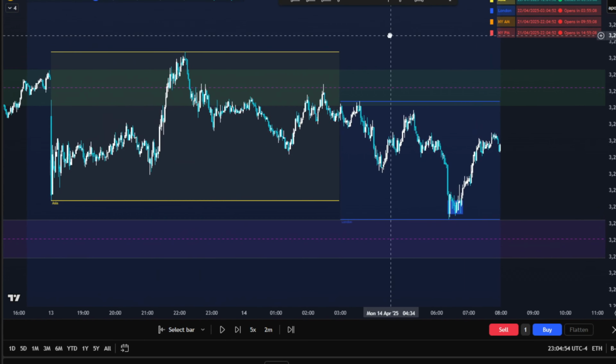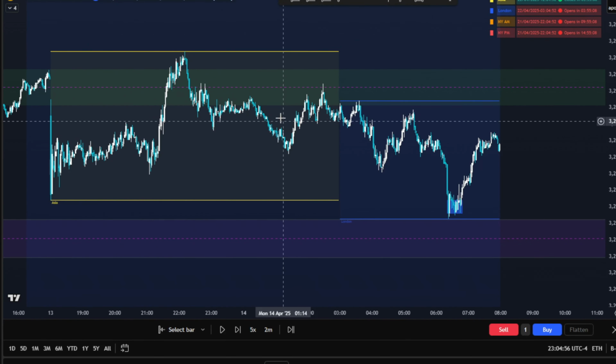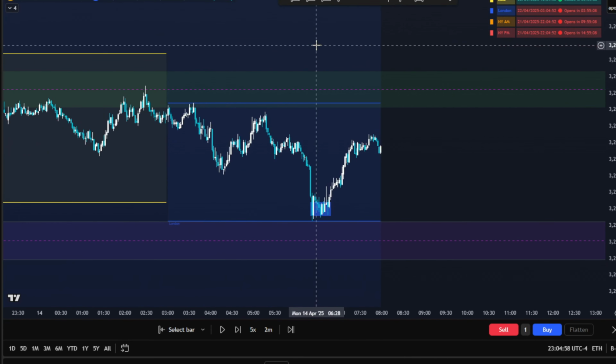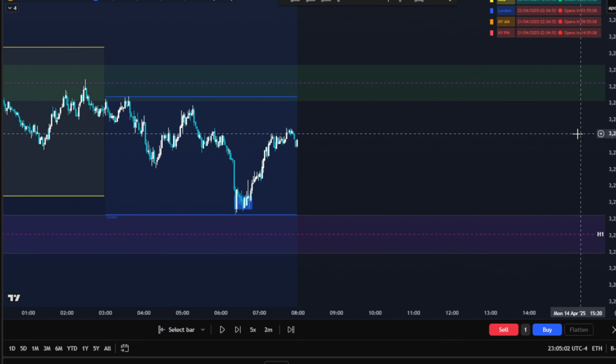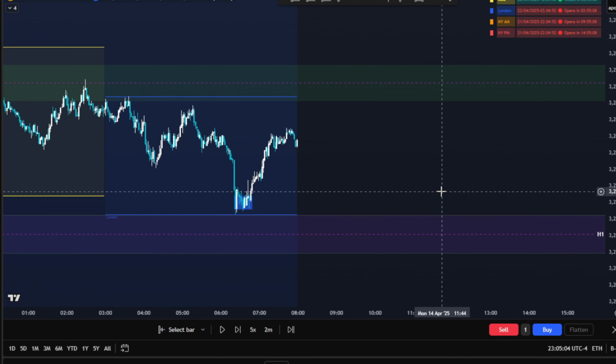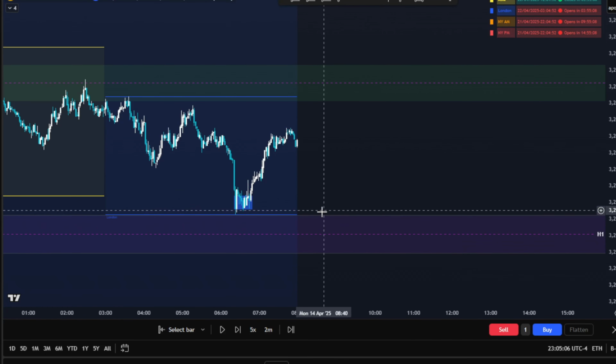So here to highlight, the yellow portion essentially is the Asia dealing range, the high and low, and the blue is the dealing range of London high and low. So the next thing on the criteria we'll look for is some sort of sweep of liquidity within our key zone